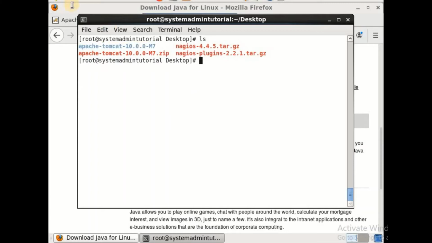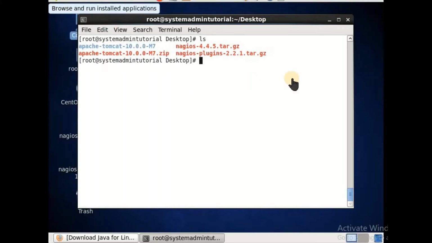Unzip completed. Next we have to extract the Java file. cd opt.